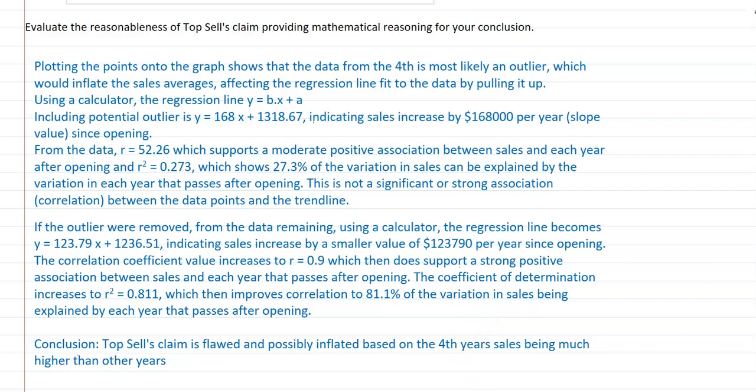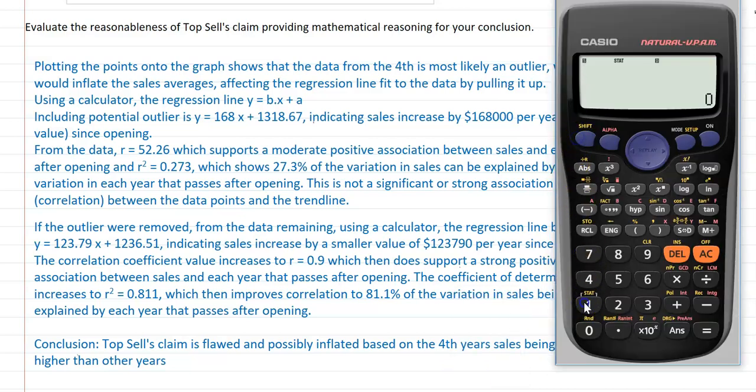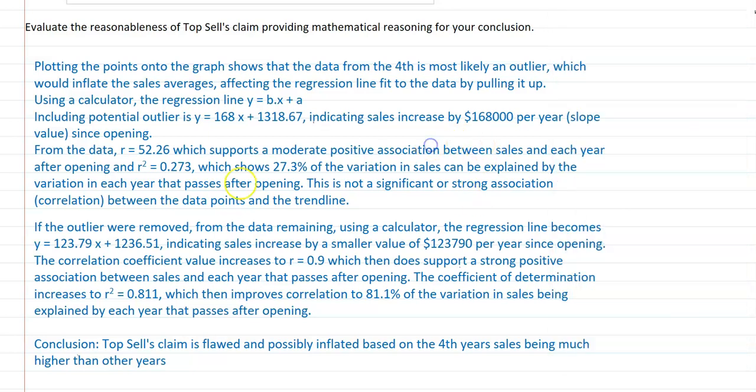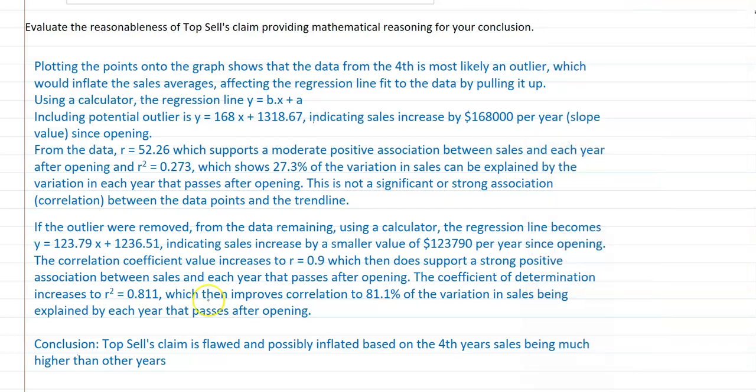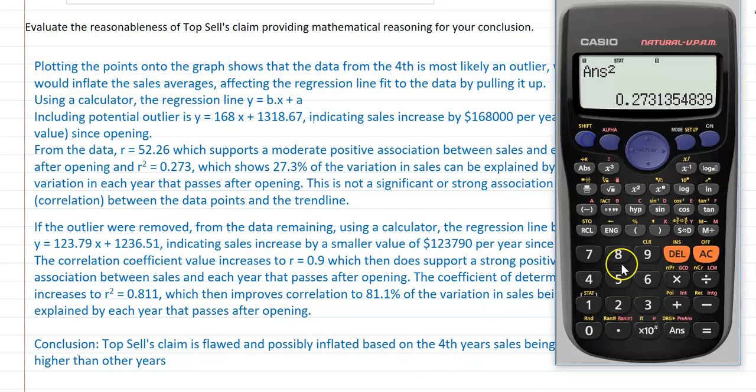If you then find the R correlation coefficient, that's 0.523-ish, which supports a moderate positive association between your sales and each year after opening. Square that, you get 0.273, which shows that 27.3% of the variation in sales can be explained by the variation in each year that passes, which isn't very significant or strong. If you then remove the outlier from your data, so you can go back to